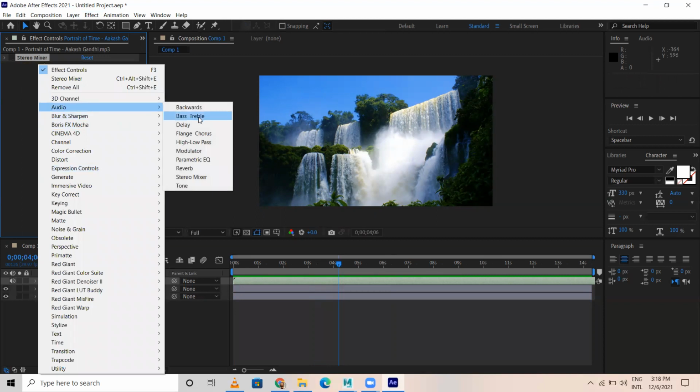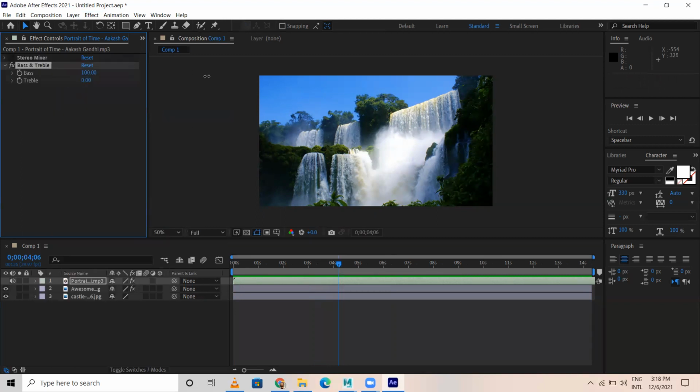Similarly, bass and treble, you can increase the bass part. See, treble is that chilling sound and all, you can reduce the chilling sound. So I can increase more chilling sound, I can reduce bass to 0. Now more chilling sound is there, treble.